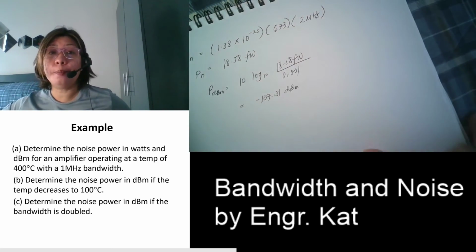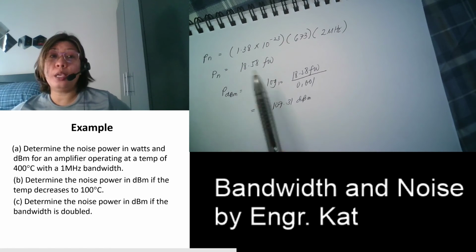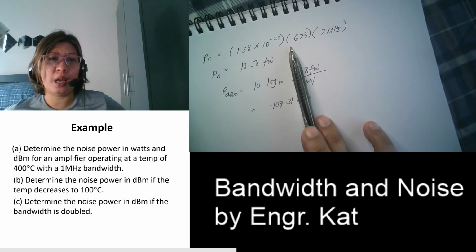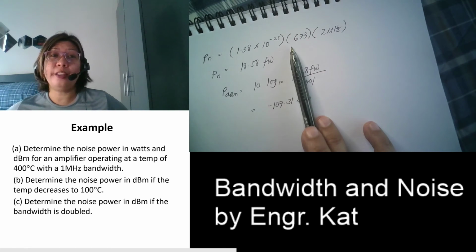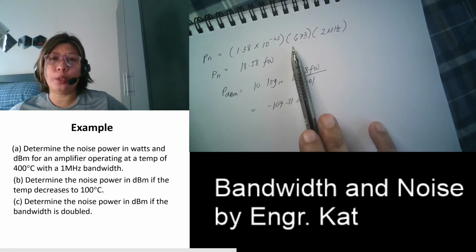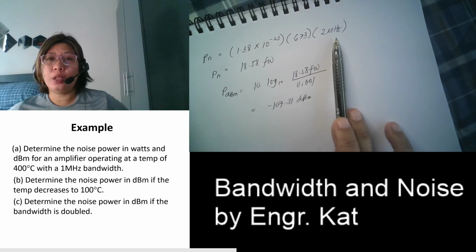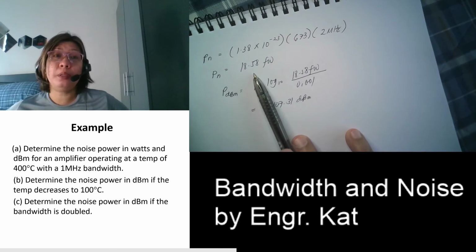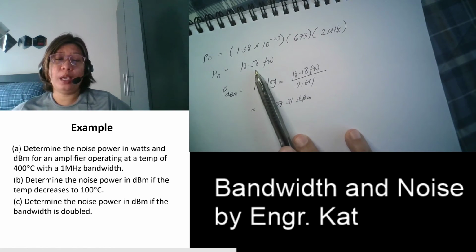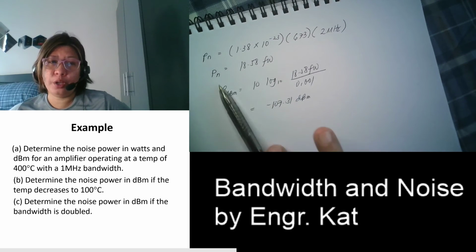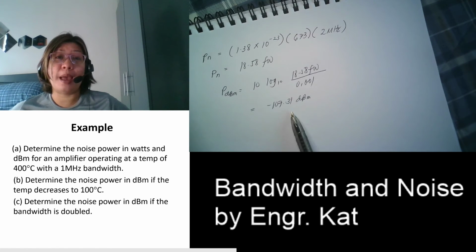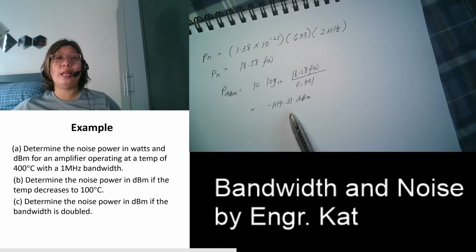So to continue, we have here your new noise power. Okay, so we will use your original temperature, because we're just checking the relationship between the power and the bandwidth. So we're going to stick with our original temperature, and then we double your bandwidth. As you can see, we doubled your noise power. But even though we doubled your noise power, in terms of decibel, we just increased it technically by 3 dB from the original negative 110 dBm.